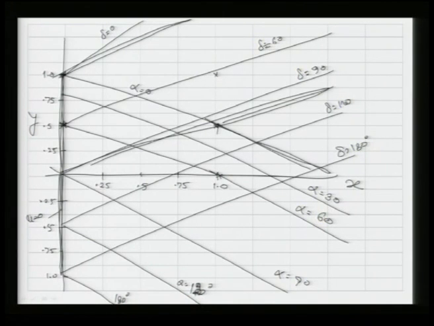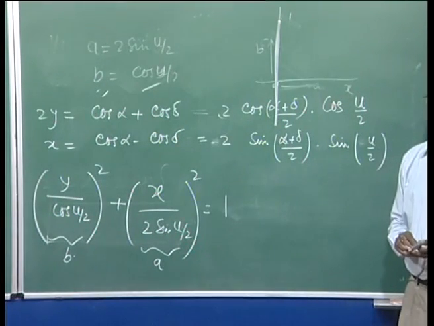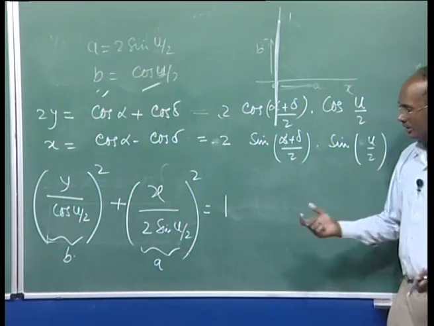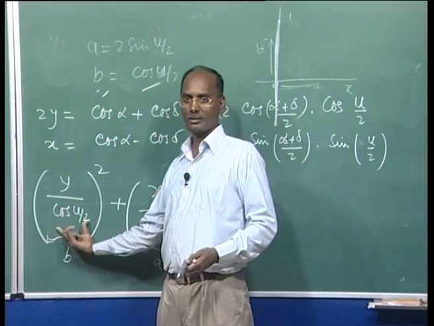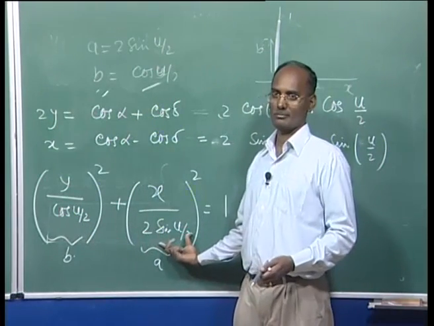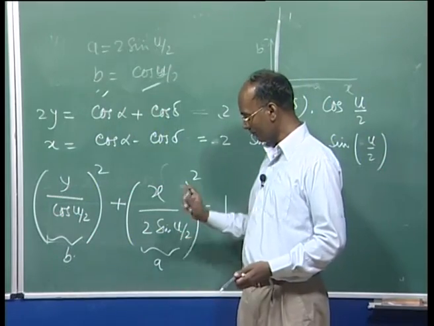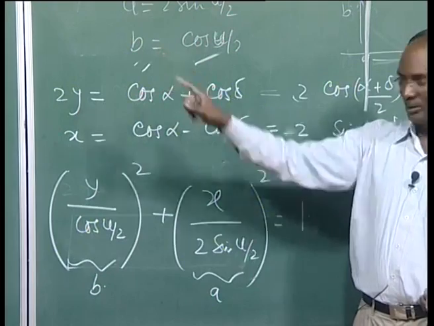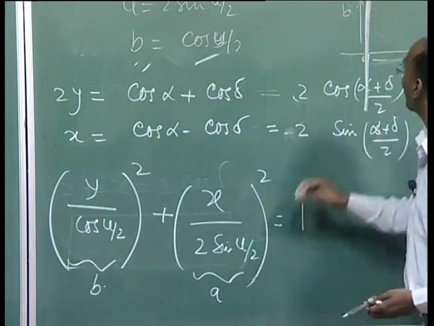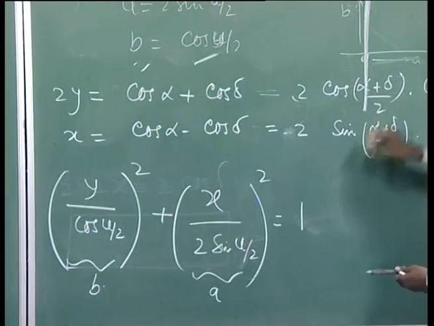Okay. Now, if your u is 60 degree, you can see once the angle is increasing, this value is decreasing, this value is increasing. It is very obvious here. If u is 60 degree, because that is the limiting point here. So, what we are going to get is A for u equal to 60 degree, here it is a